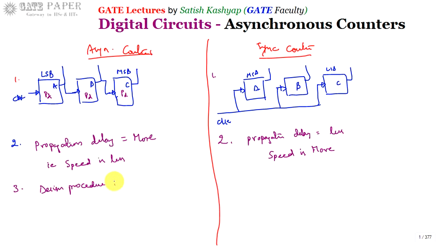Design procedure is simple because directly you are connecting output of one flip-flop to the next flip-flop clock, output of next flip-flop to next flip-flop clock, like this. So that itself is going to make it act as an asynchronous counter, whereas here the design is going to be complex. Okay, it requires a few design steps to design for a required sequence.